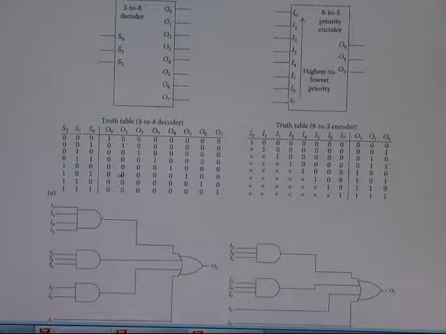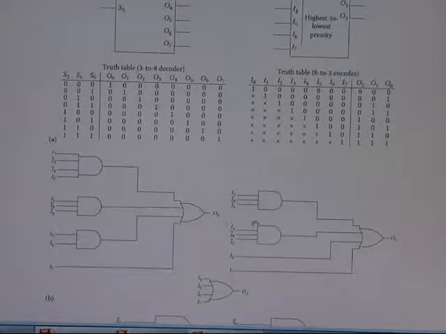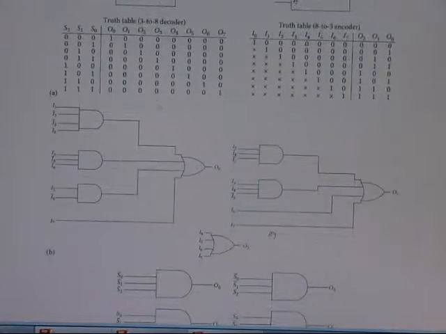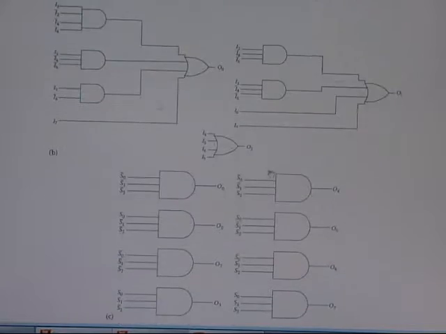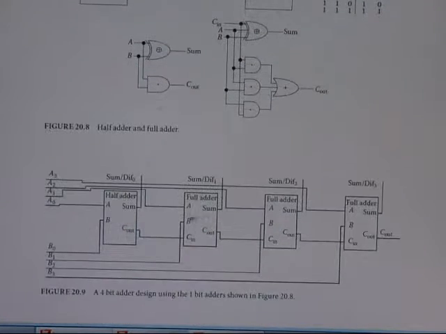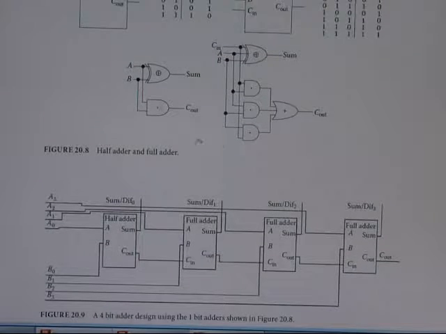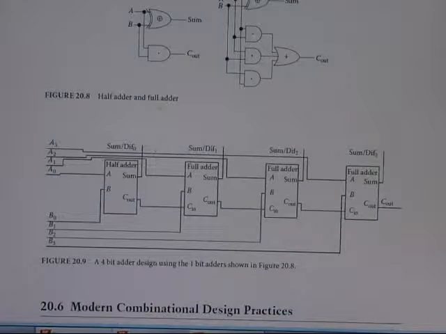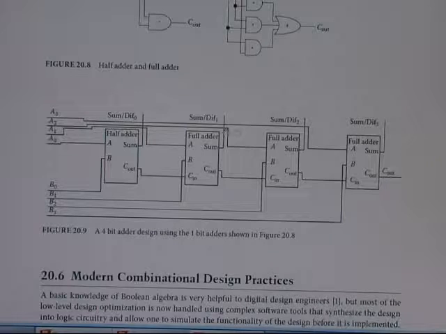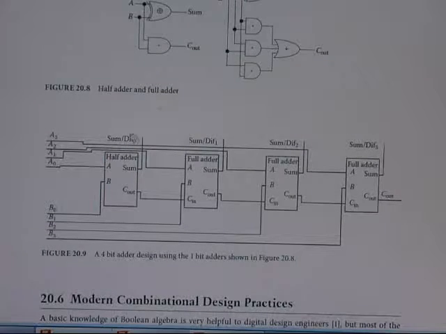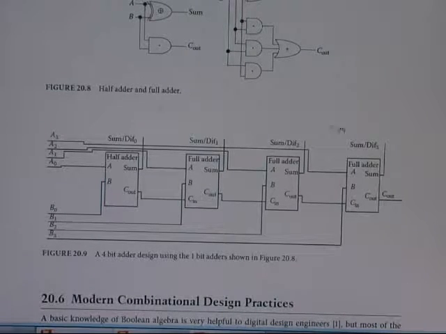So this is for this combination logic and their truth tables. These draw the truth tables related to the logic gates. So that will also be the half adder and the full adder circuit. This circuit is the half adder and full adder circuit, and here we show the circuit.